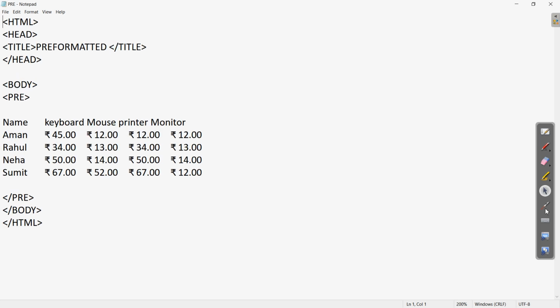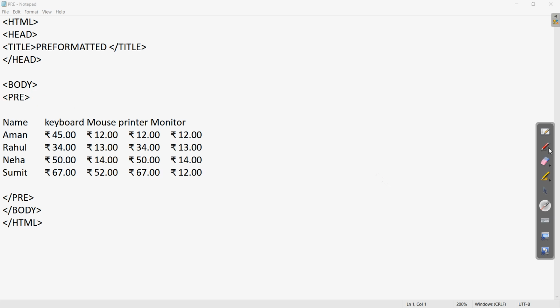You can notice here that the earlier tags are the same, like the HTML heading and whatever title we want. Here we are discussing the pre-formatted tag, so I have written a similar title for this. Clear? And we have closed the head tag. Then in the body tag I have written the pre.